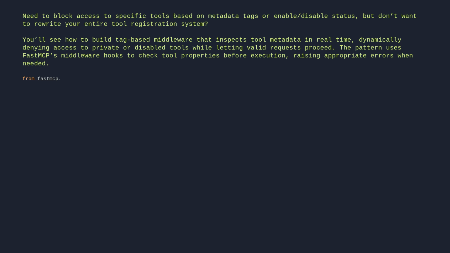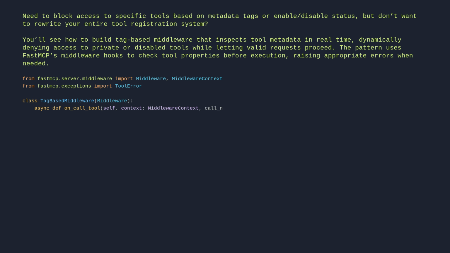From fastmcp.server.middleware, import MiddlewareContext. From fastmcp.exceptions, import ToolError. Class TagBasedMiddleware. Async def on_call_tool(self, context: MiddlewareContext, call_next). # Access the tool object to check its metadata. If context.fastmcp_context: try: tool = await context.fastmcp_context.fastmcp.get_tool(context.message.name)